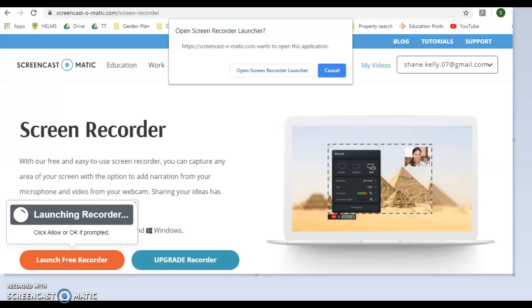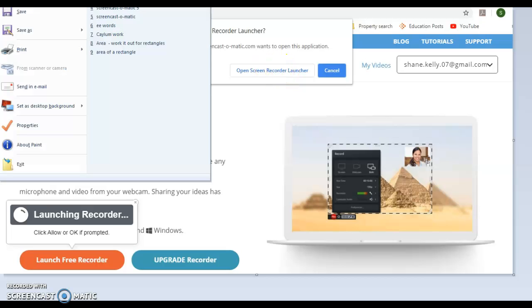So the first time you do it, you have to download it, but after that you just need to click. Every time you do it, it'll ask you for permission to open Screen Recorder Launcher. So just click on open Screen Recorder Launcher. That lets you record away, and then you will see